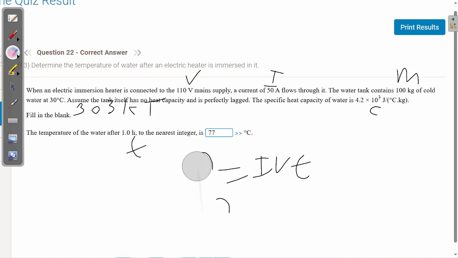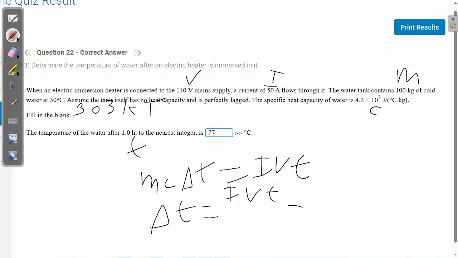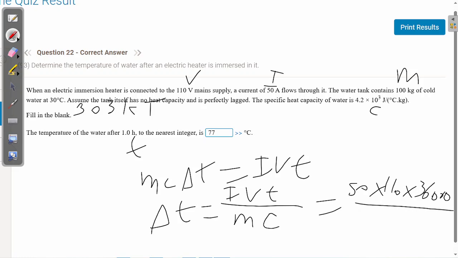So we're going to put MC delta T equal to IVT. And let's isolate delta T, so delta T equals IVT over MC, equal to 50 times 110 times 1 hour, which is 3600 seconds, all over 100 times 4.2 times 10 to the power 3. You're going to get